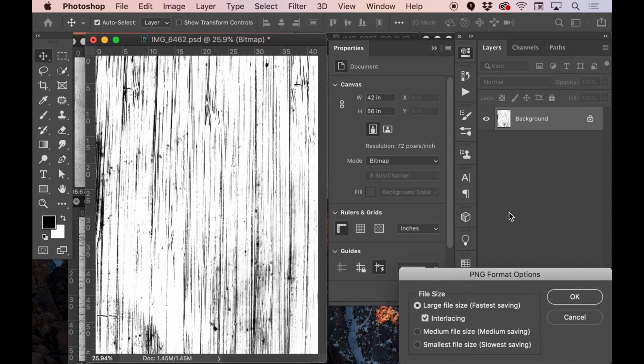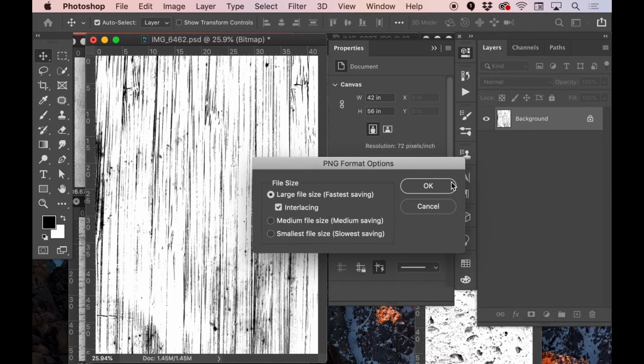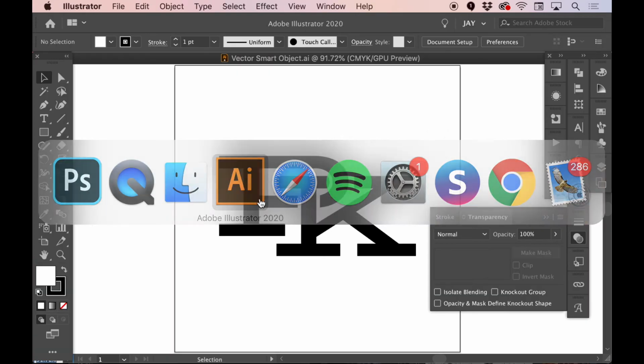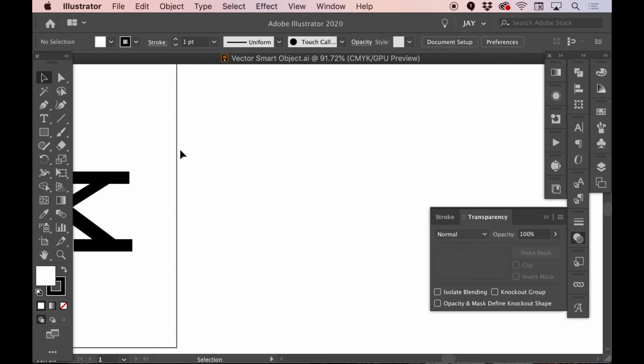Click save, and it will give me PNG options as is standard. Anytime you save a PNG, it will give you those options. Anytime you save a TIFF, it will give you the TIFF set of options, but I'm not changing anything. I'm just keeping it the default options. And now I have this bitmap image, and I am going to go to Illustrator, and I am going to place this, Command Shift P,